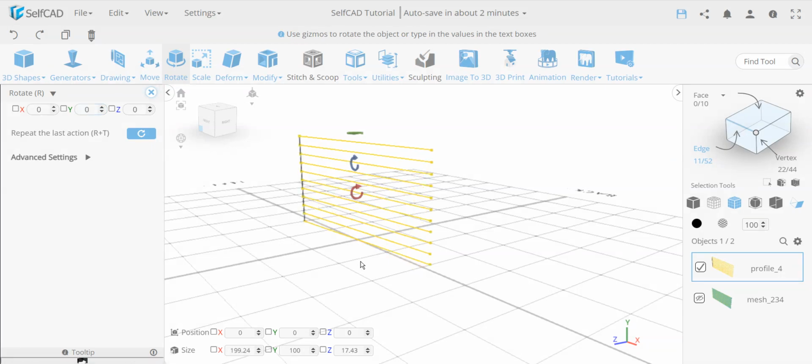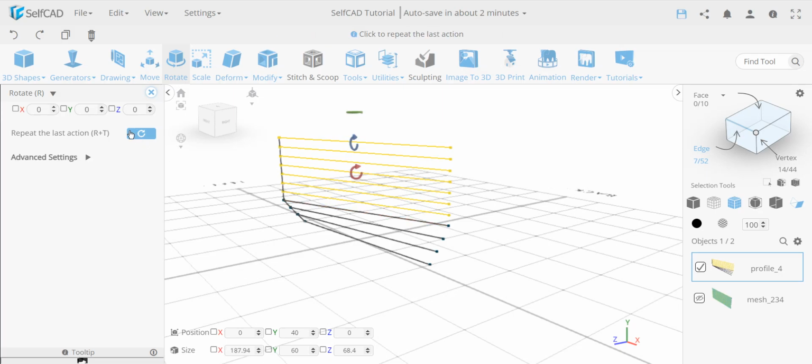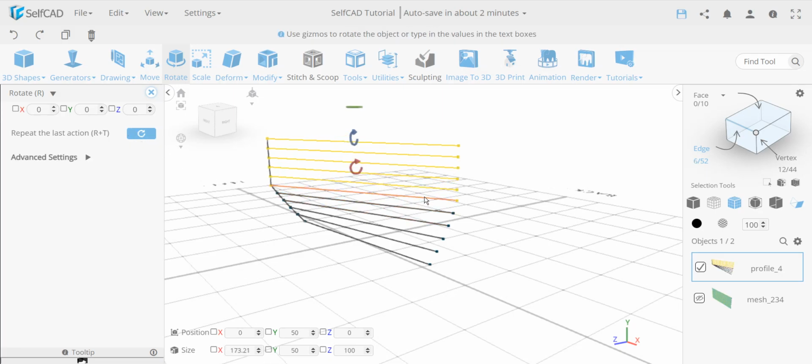What I'm going to do now here is I'm going to deselect the bottom one, and instead of typing in the value again, I'm just going to make repeat. I want to repeat it. I'll deselect and I repeat, deselect and repeat, and deselect and repeat, and so on and so forth. As you can see, what happened now here is that I'm actually deforming the object, and it's something that's called